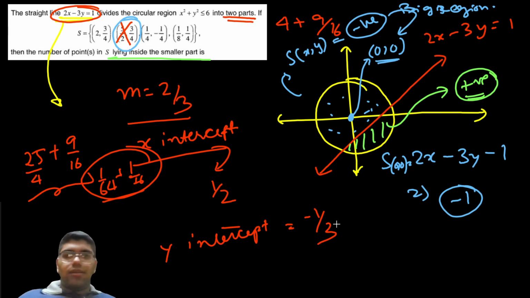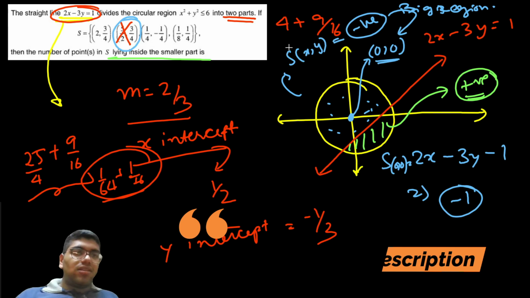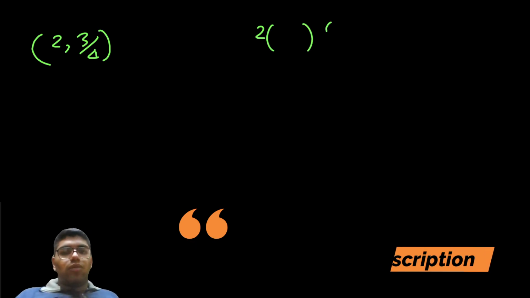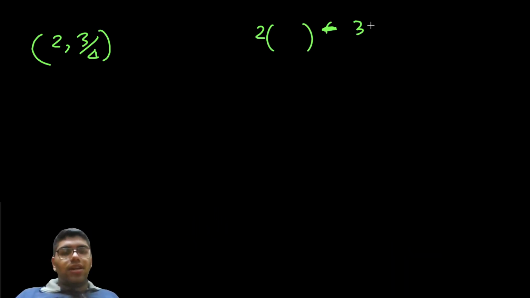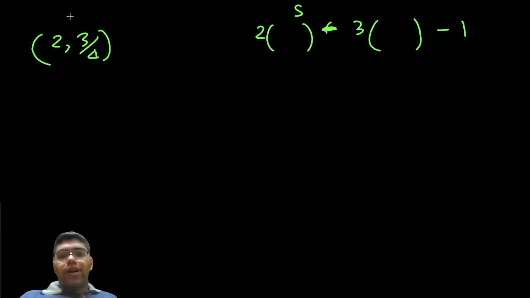Let us start. So our first point is 2, 3 by 4. So let us check its power of point. So it is 2x minus 3y is equal to 1, or 2x minus 3y minus 1. We have to check the power of point for this point. So this is 2 and this is 3 by 4. So it is 4